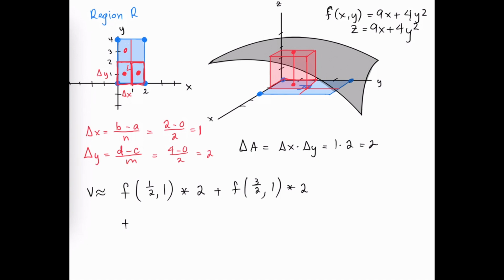We're going to choose our midpoint up in this rectangular region, which is going to be the function evaluated at x is equal to, again, 1/2, and this time y is equal to 3, which is going to give me the height, and then I multiply that through by the area of the base. And for our final approximating rectangular solid, we'll look at the midpoint of this region, which is again going to have an x-coordinate of 3/2, but now a y-coordinate of 3 multiplied through by the area of the base. So when we add all these rectangular solids up, it gives us an approximation for the volume between the ceiling function and that